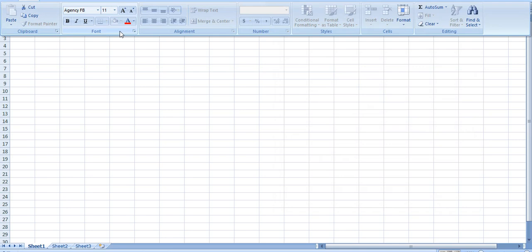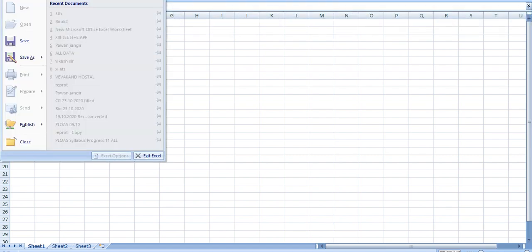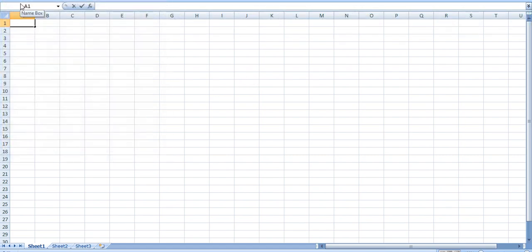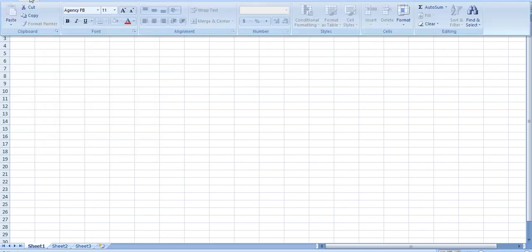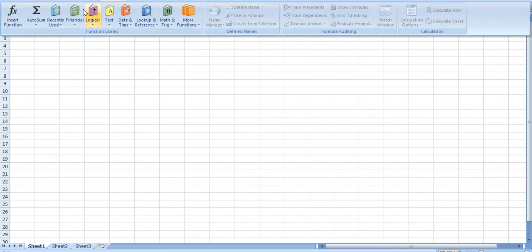So next is the name box. This is your clipboard, and whenever you go to Home, you will get this, your name box, showing here. This is the name box. Okay. Next is the formula bar. So this is your formula bar here. This is used to create formulas. You can also use some automatic or already given formulas, or you can create a new one also.